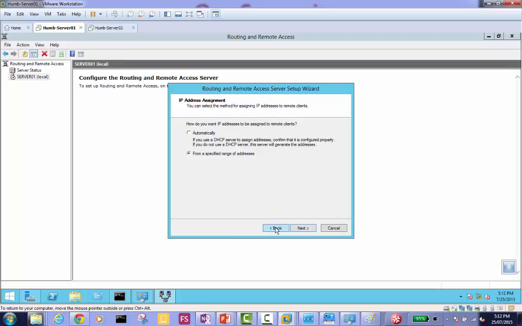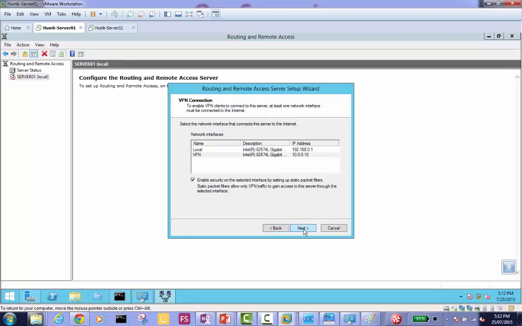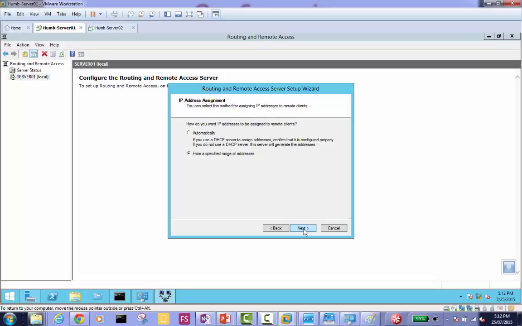Does everyone after this screen see this screen or some other screen? Yeah, another screen. Exactly this one? Hey, did you select the VPN NIC?